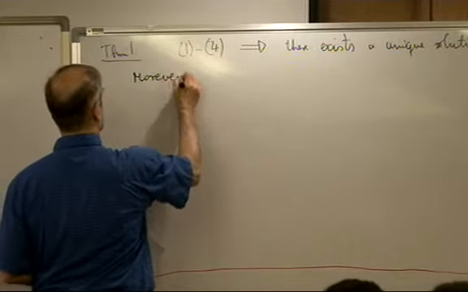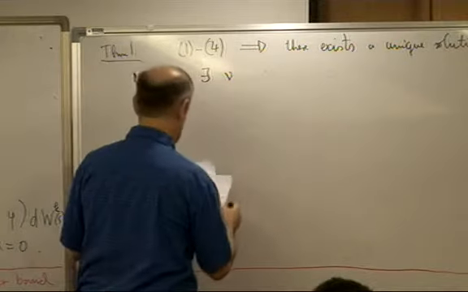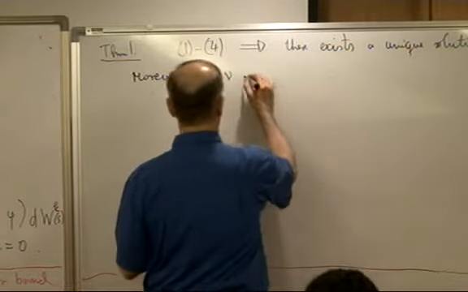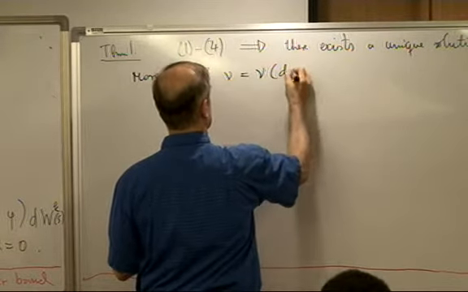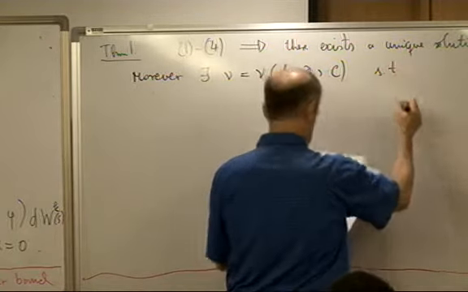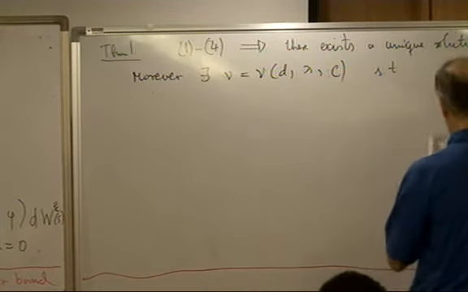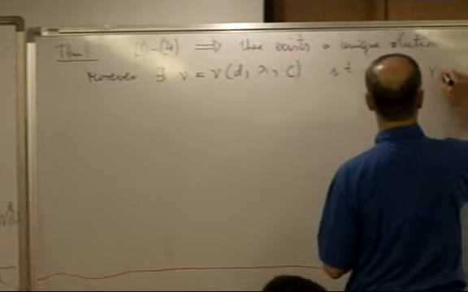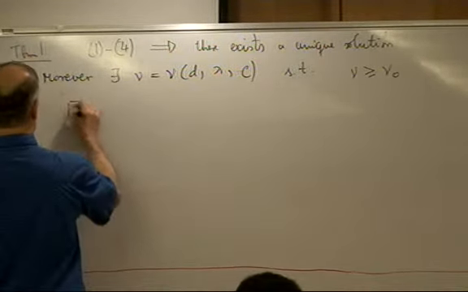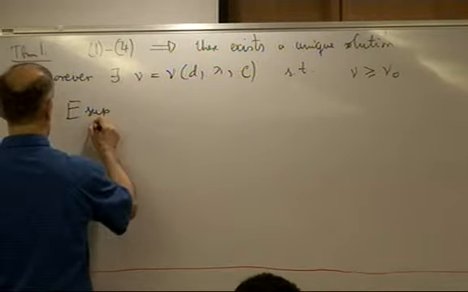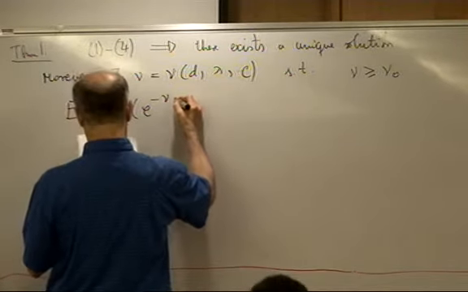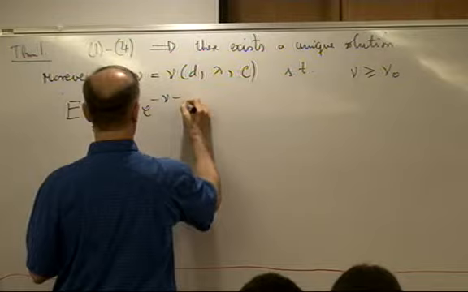Moreover, there is a constant mu naught depending only on the dimension, the lambda and the constant c, such that for all mu which is bigger than or equal to mu naught, this estimate holds. So the supremum of minus mu t